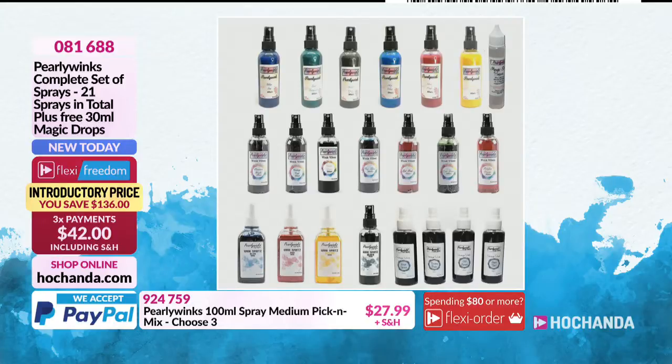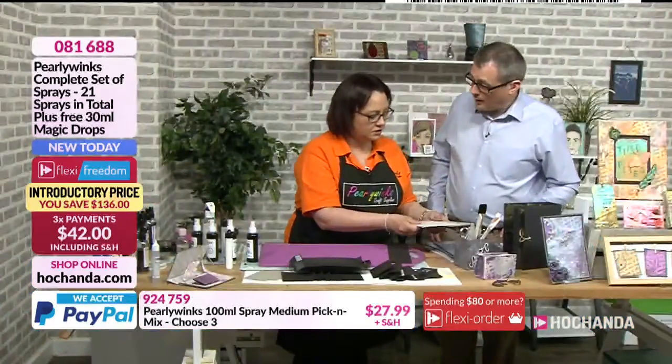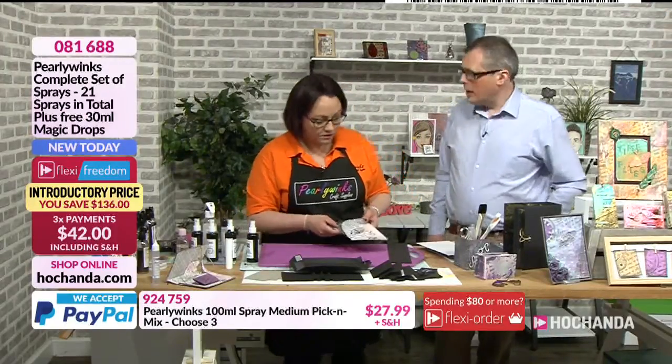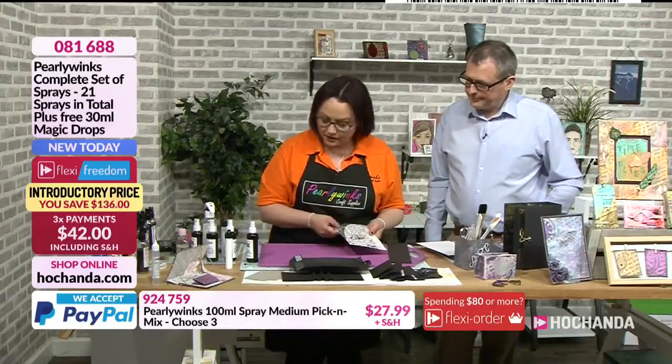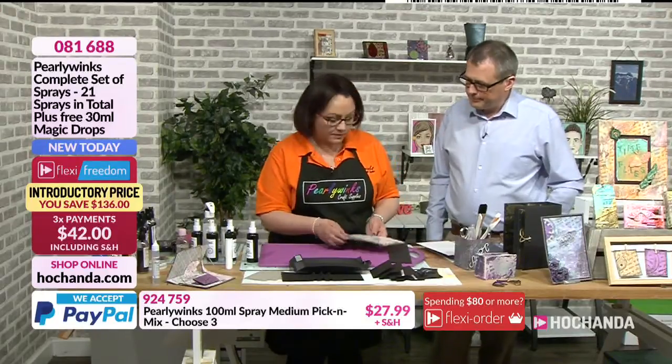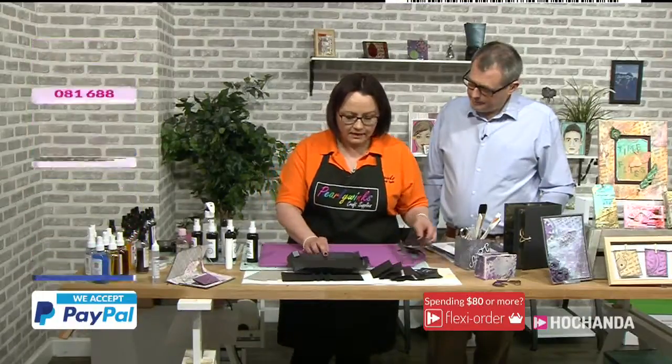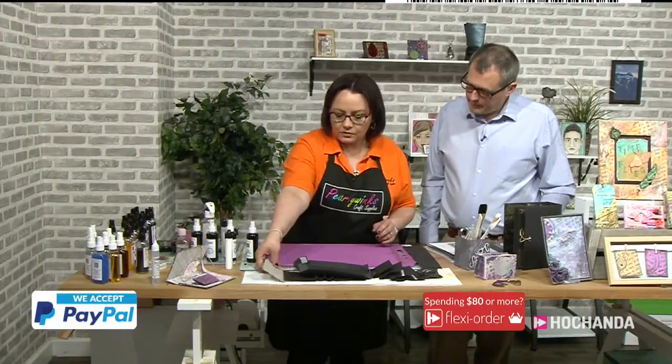Oh, sorry, just one thing to mention that I forgot. You don't have to emboss it if you're not into your embossing. Obviously, I've just done part of it and done it with a StazOn ink, so it makes a nice flat image as well. Okay, so I'm using the grey board that comes in the kit,